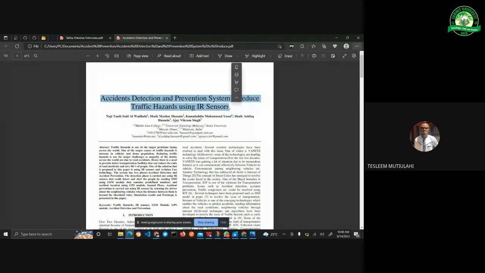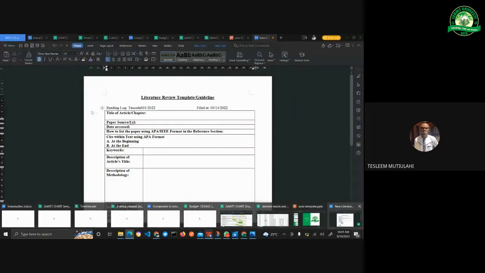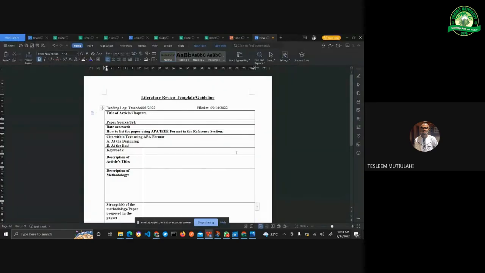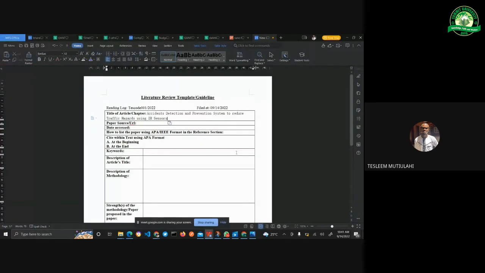So what I need to do is just to copy, then come back to my templates, then paste it. I'm done with that section. Then the paper source or URL, you can use two things here. You can use the link of where you get the paper, and if you cannot get the paper, you can also use